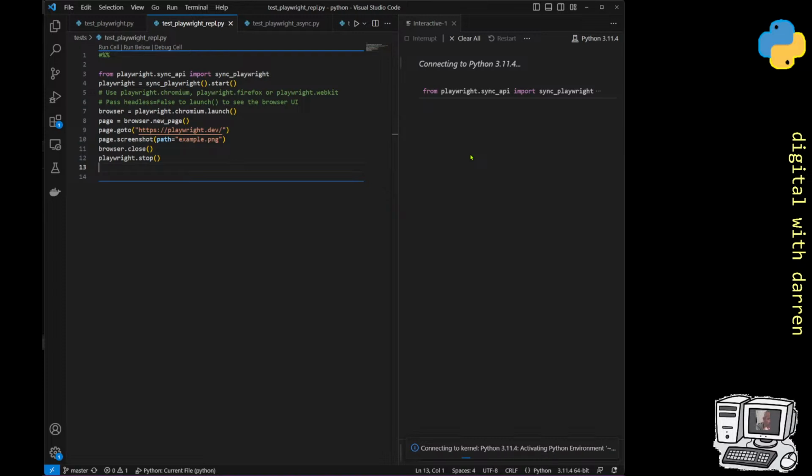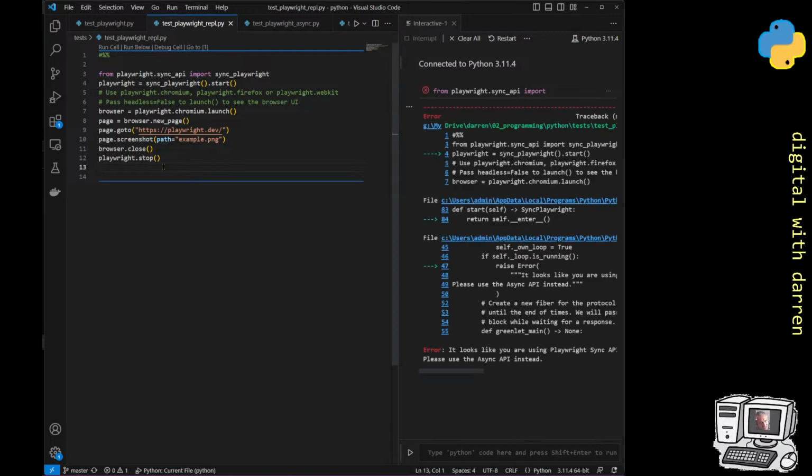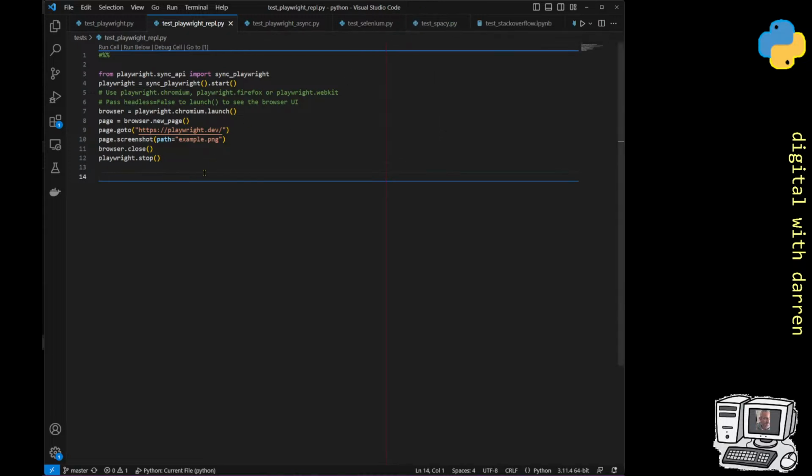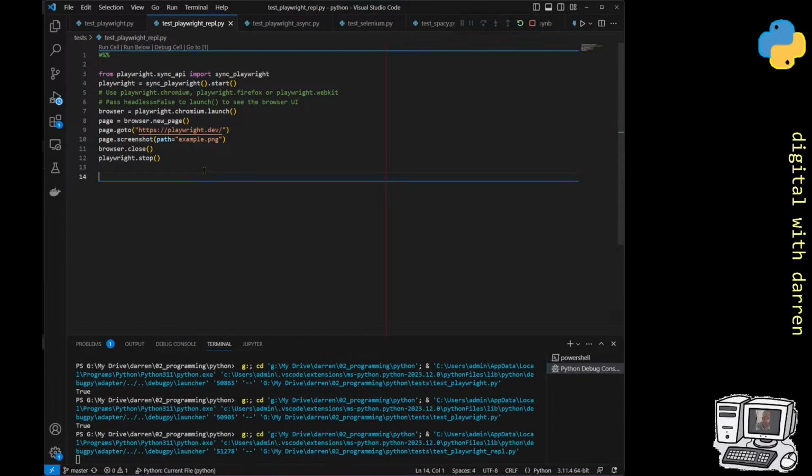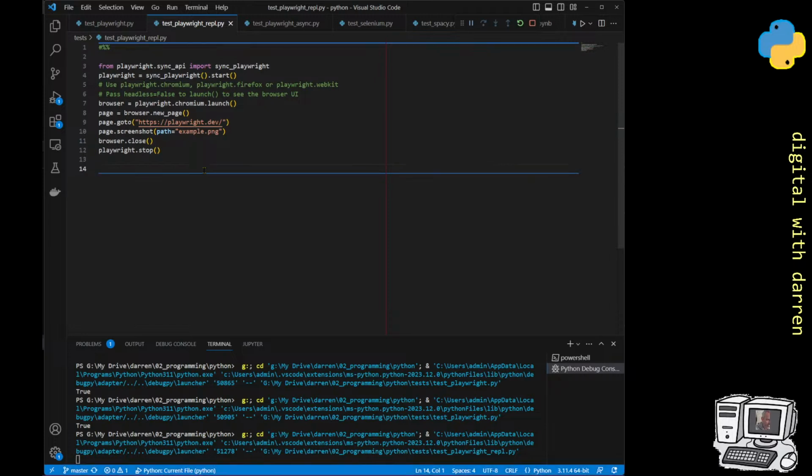I think it might be fine because of this playwright.start thing and this playwright.stop, which is the usual thing that you see potentially. No, it still didn't allow for it, so it didn't help any better. I wonder if I do an F5 just to make sure that it does work. I will do that same screenshot. In the interim, I just have to remind myself and everyone else